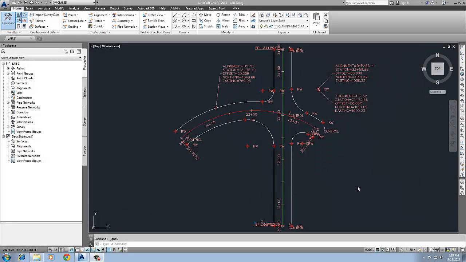So now that we have this project completed, you're going to want to save it, and this is what you'll be submitting. So what I'm going to have you do is just do a save. If you haven't given it a name, it'll ask for that at that point. Make sure you name it. And I'm going to begin a new drawing. So I'm just going to go to New,